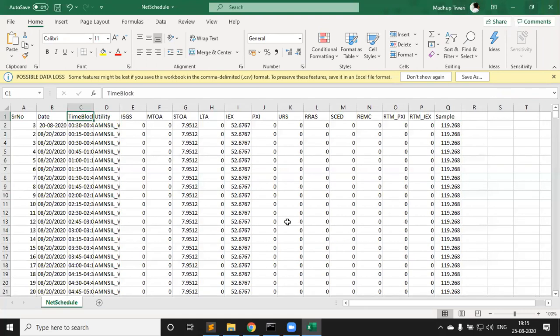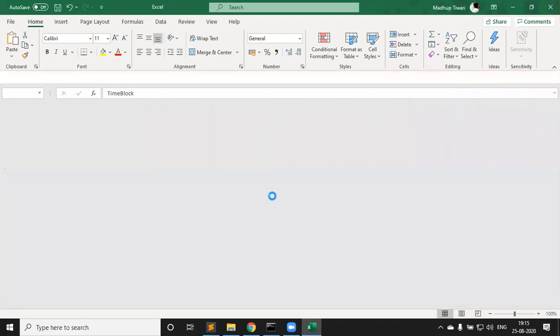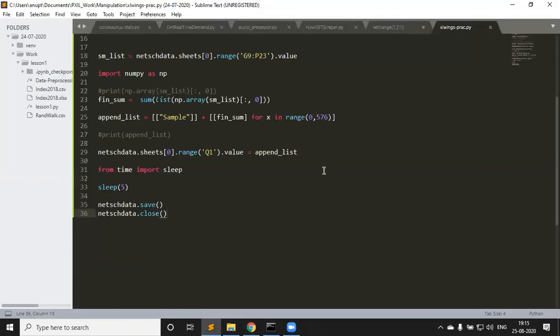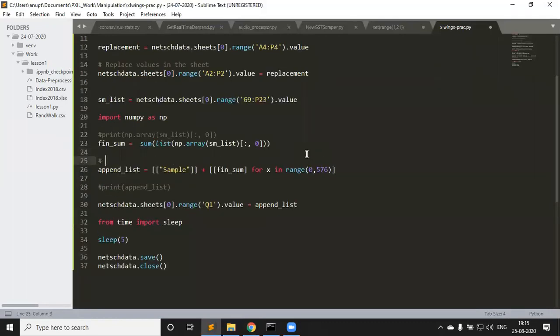So until now, we have seen something like this using a CSV file. Let's go to an Excel file, right? And doing it with an Excel file is no different. I'll just put some comments here and say, create a list of lists to paste in a column, right? And here I would say,